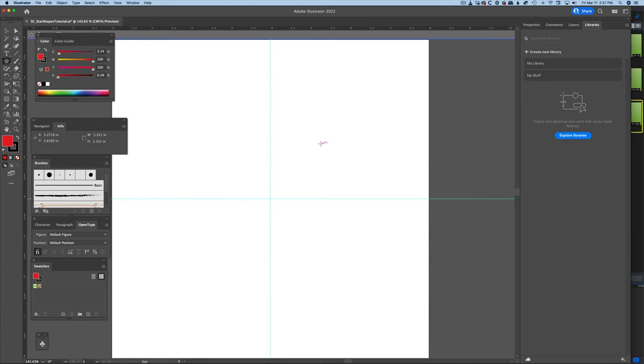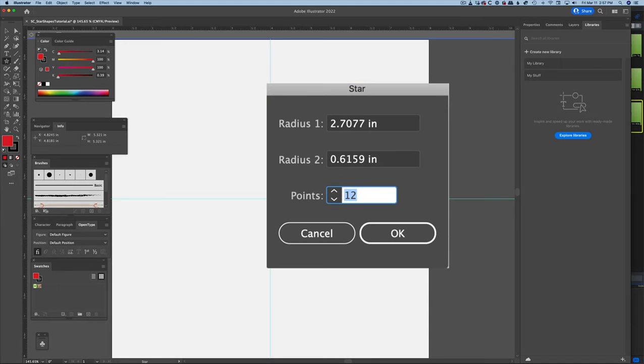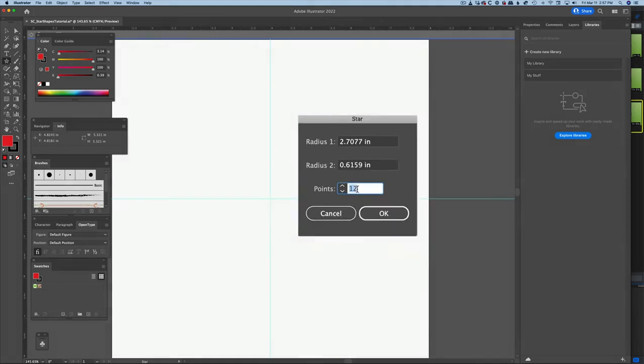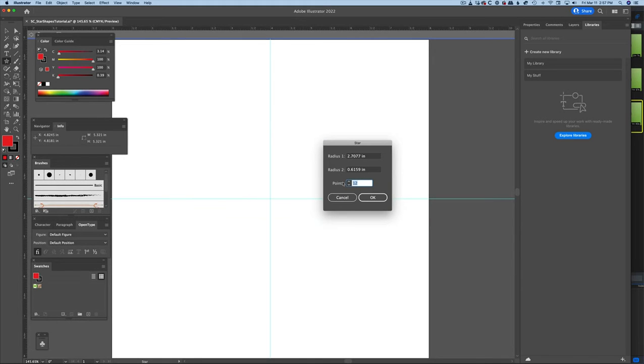Adobe does give us a way of entering specific numbers for making adjustments to the stars, and that's what we'll show you right here. All you have to do is click while you have the star command selected. Then just click one time in the screen, and what you'll see now is we can adjust the radius 1, radius 2, and the number of points. So if I want to take it back to default, the look of the default, then I'll bring it back to 5 stars. And what you'll notice in the original default is that the inside radius was half of the original, so